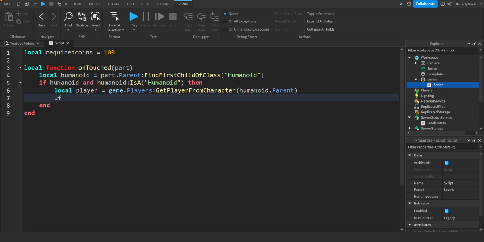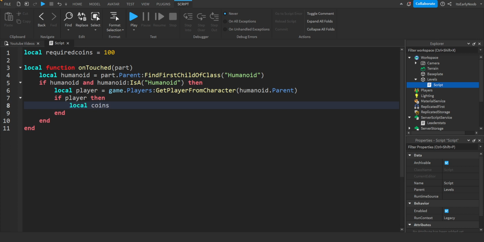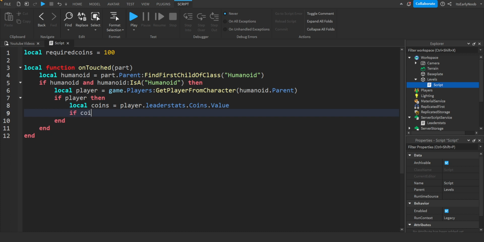Then you do if player, then local coins, or whatever you named your leaderstat, equals player.leaderstats.Coins.Value. If coins is greater than or equal to requiredCoins, then